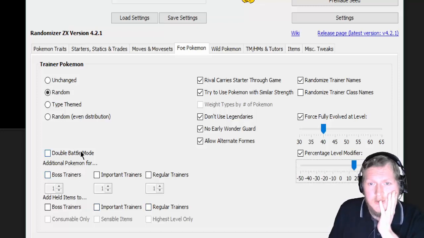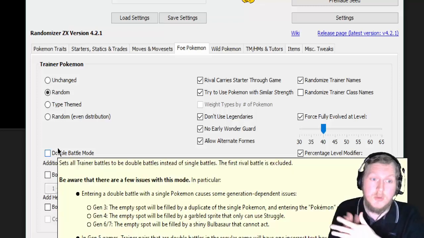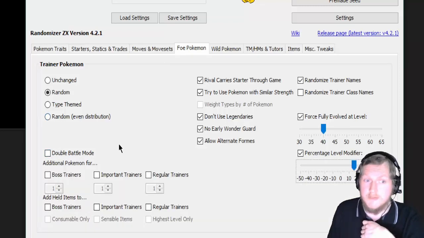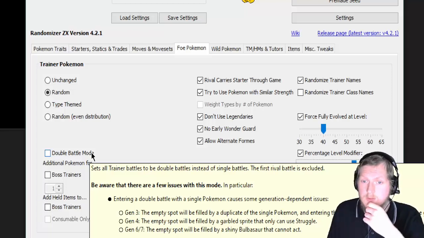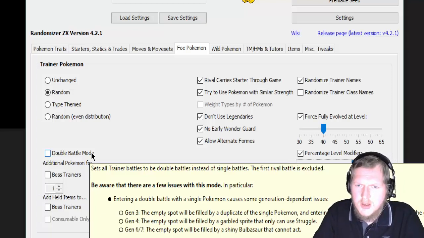Then we can do other things, like you could guarantee double battle mode. That means every fight would be like Pokemon Colosseum and be a doubles fight. This is only for Gen 3 and beyond, because double fights are a thing in those. And of course, the empty spot will be a duplicate. So if you have an empty slot, the Pokemon will be duplicated by a single Pokemon. No, I think it's like if they have an empty slot, entering the Pokemon menu will soft lock the game. Oh, that's you then. Okay,